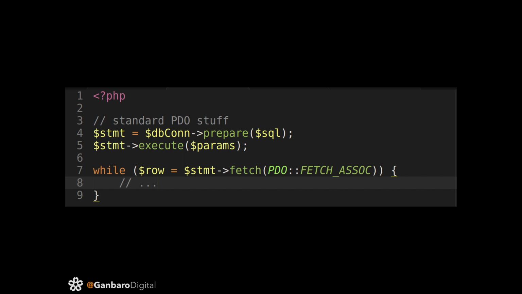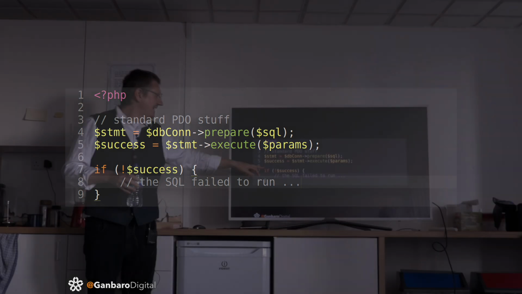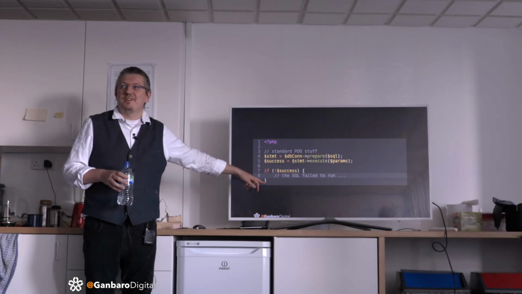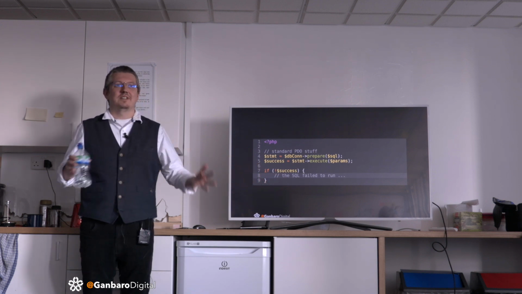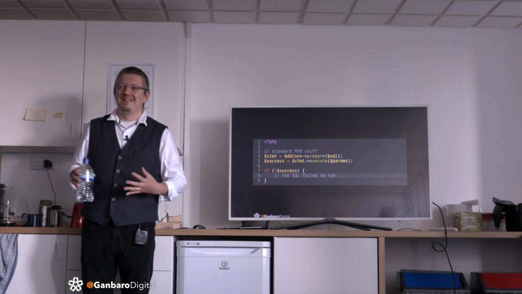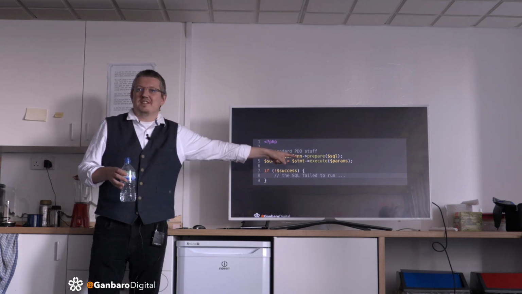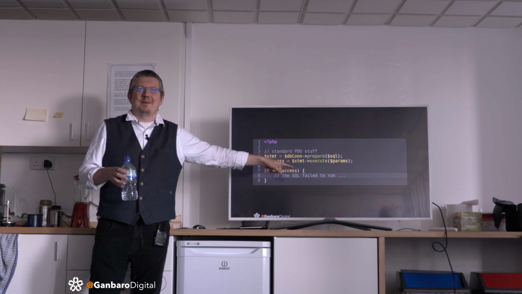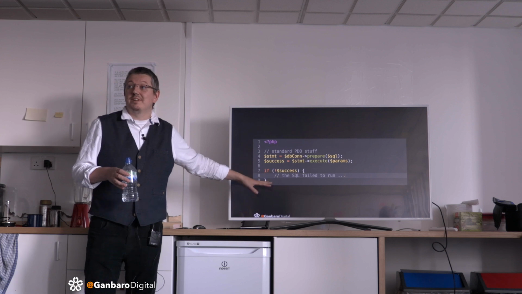It does. This is what the code should look like. The statement actually returns a value, a Boolean, to say whether or not it succeeded. And you're supposed to check it before you try and fetch any data. Because if you don't check it and just try and fetch data, it'll look like your SQL worked and there was no data found. So if you've passed in bad SQL, you've got a syntax error in your SQL, for example, or you've passed in parameters that aren't compatible with the SQL, you then have a robustness problem that you aren't detecting